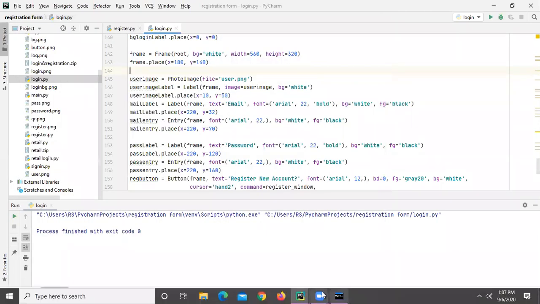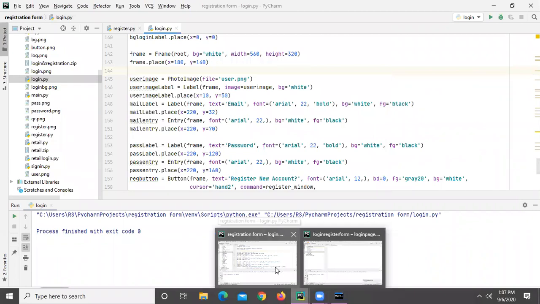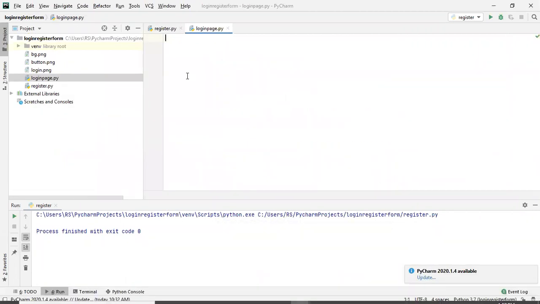Okay, so let me just open this one. Okay, and first of all, to create the GUI, we will be requiring tkinter module. So I'm simply importing it. Import star. Okay, so this will help us to import the tkinter module. Next thing is we have to create the window. So how we can create the window? The same way. So we will be using a tkinter class here to create that particular window. So tk class, and we have to create the object of this tk class.